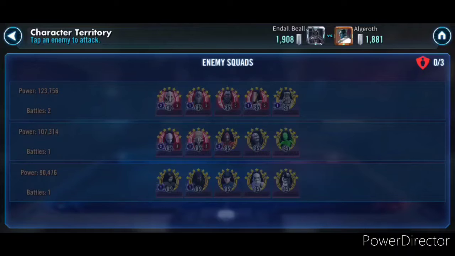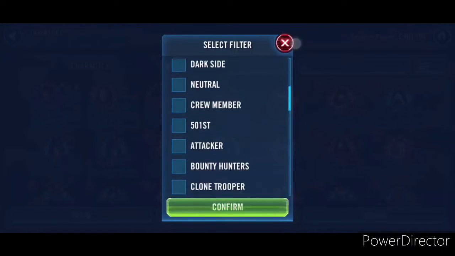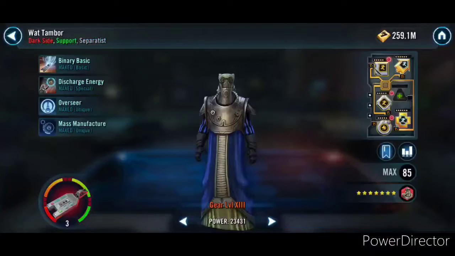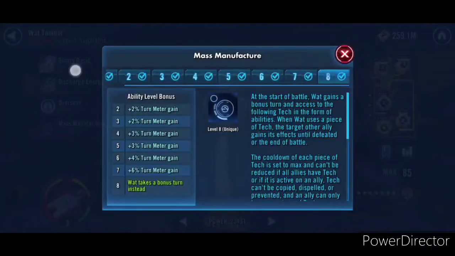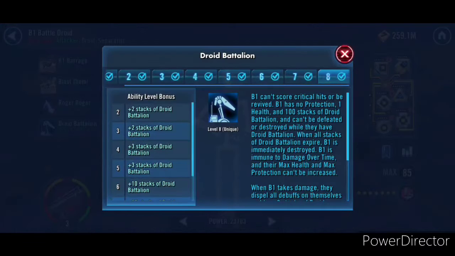There's one thing that you really do need to consider, and that is B2 gets a bonus turn anytime an ally is evaded. Let me show you the separatist squads. So obviously, even though my Thrawn was the fastest amongst all the enemy characters, Wat is going to go first because Wat has a unique which makes him put the tech on the tank, and once that happens, because B1 is in there, B1 assists anytime